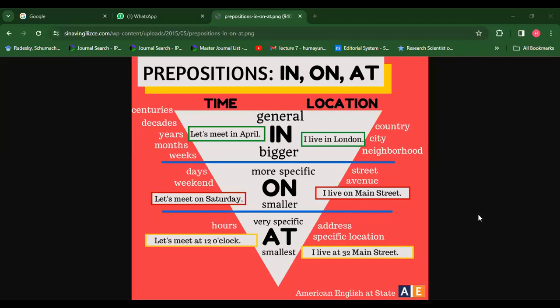Okay, this one. Okay, can you see the new screen? Yes, ma'am. Okay, you see this is